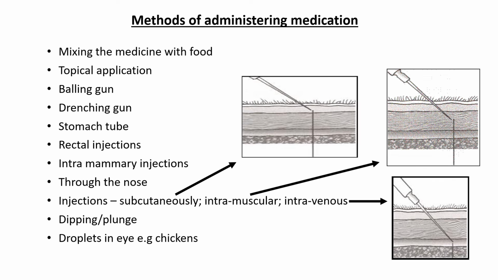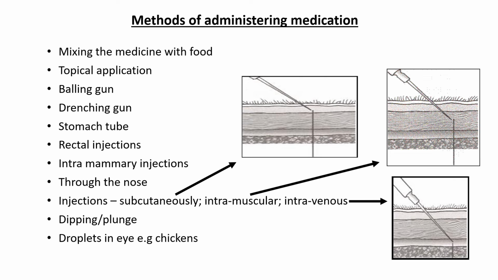And also a stomach tube can be used. So a stomach tube literally is like a tube that's put either through the nose or the mouth of the animal. It goes through the esophagus and then into the stomach. So this is usually when the animal can't swallow, then you bypass the swallowing muscles and then the medication is poured through the tube into the stomach directly of the animal.